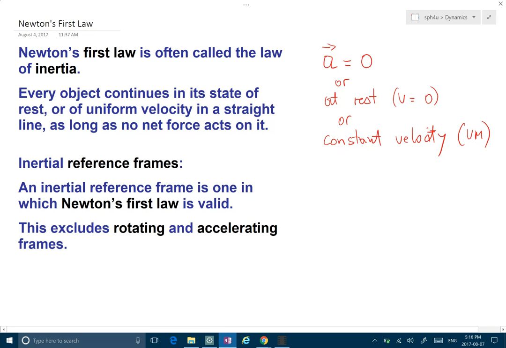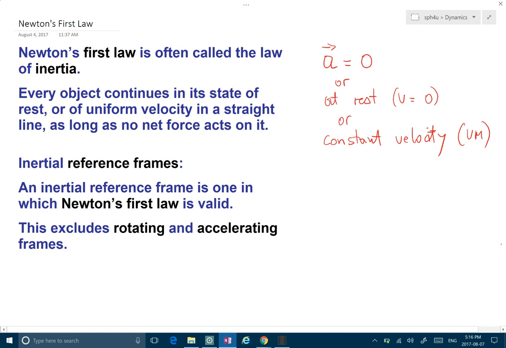And pretty much the answer to why they don't have an acceleration is because all the forces acting on that particular object are balanced, or the net force is zero. Very important to know that